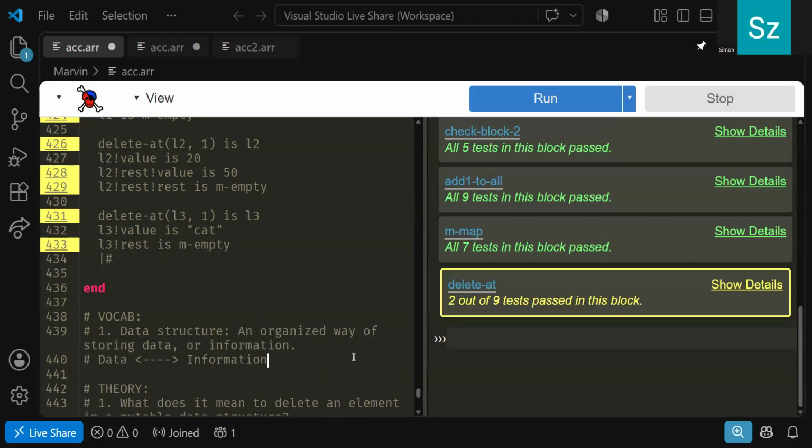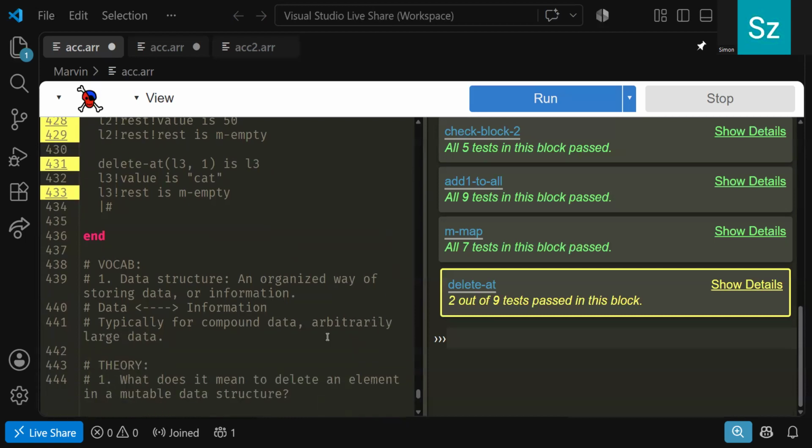A data structure is typically compound data, not always the case, but typically compound, arbitrarily large data. So the moment we crossed into lists, that's all we've been doing. We've been dealing with compound data. As programmers, we work a lot in this space. And mutable means